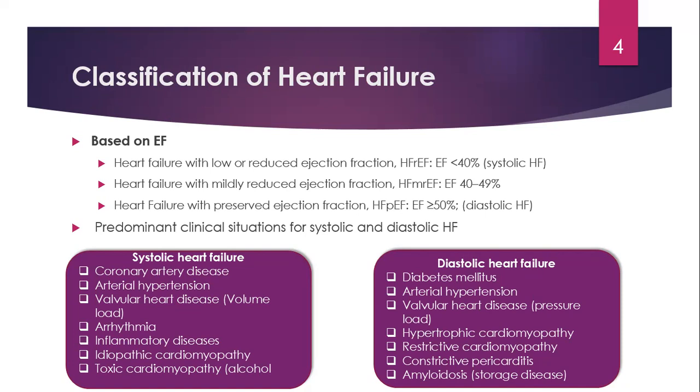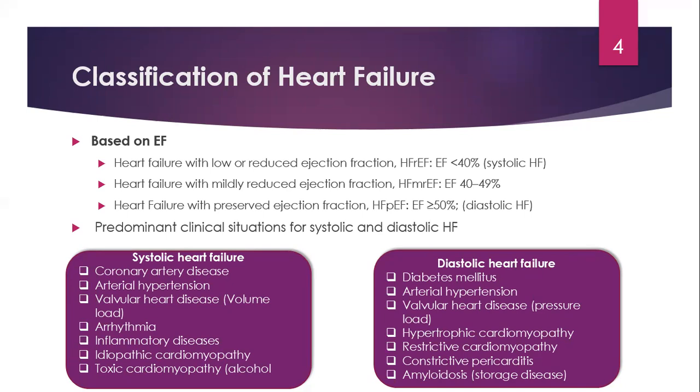So if the ejection fraction is less than 40, then it is classified as heart failure with reduced ejection fraction, otherwise known as systolic heart failure. And if the ejection fraction is greater than or equal to 50, it is described as heart failure with preserved ejection fraction. So when the ejection fraction is between 40 to 49%,